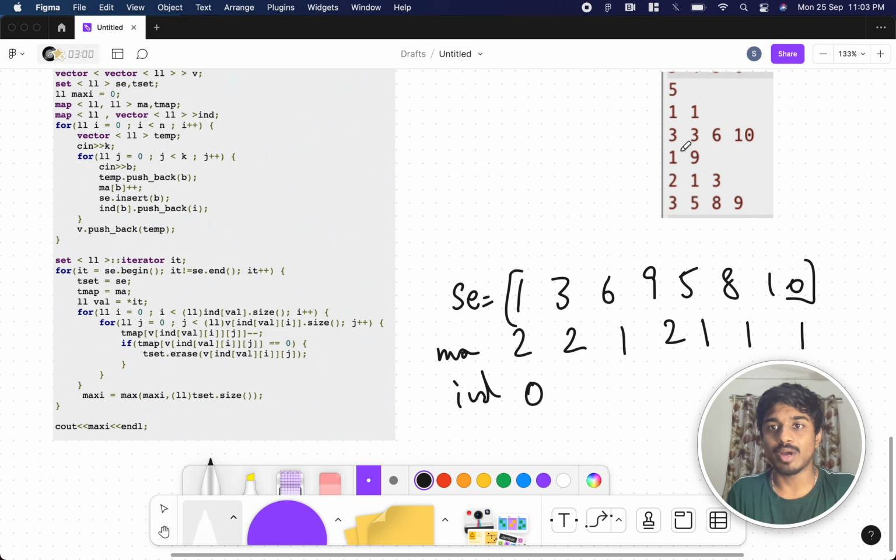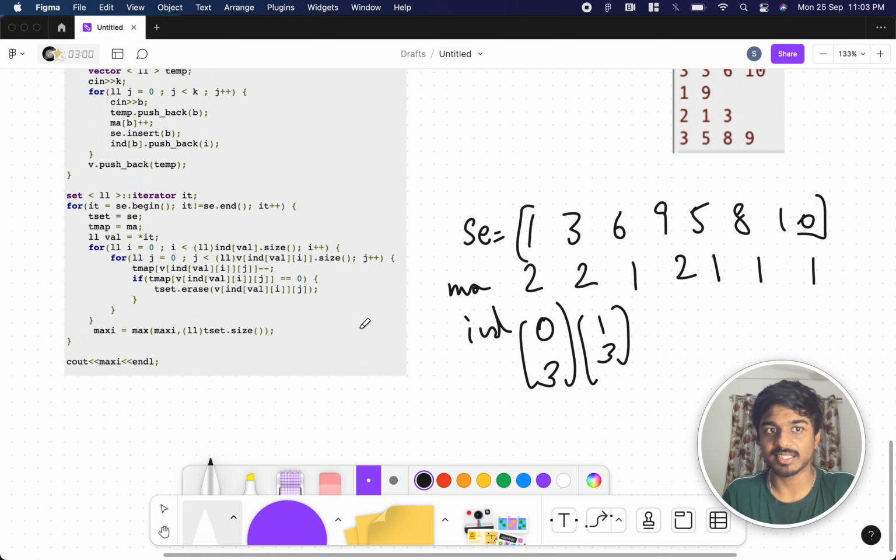This is 0, 1, 2, 3. Similarly for 3, what all numbers can come? 1, 2, 3, right? So I am taking care of the index also. This is also a 2D matrix kind of thing. Now I am iterating through the set. I am iterating through all the unique numbers, and I need to take a copy of it